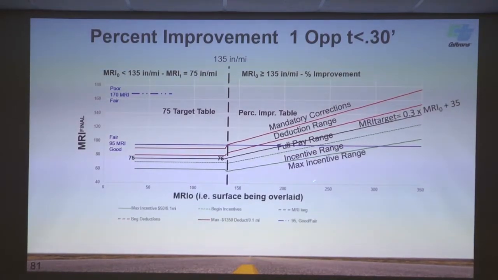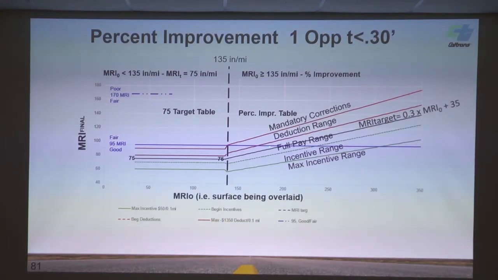So if I'm paving a rougher surface, for the calculation I just did on the 200, there's our number. It's going to be whatever number we calculated. It was 95, I think. There's your 95 value, and then we basically go up from that 10%. We had 10% on a 95, and then we also had 25% on a 95 to figure out those values. So the rougher the pavement, the targets gradually rise up. And there's our MRI target value. There's our equation right there for a single opportunity.